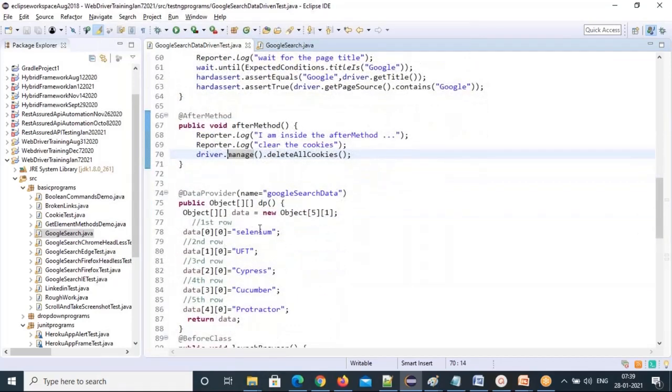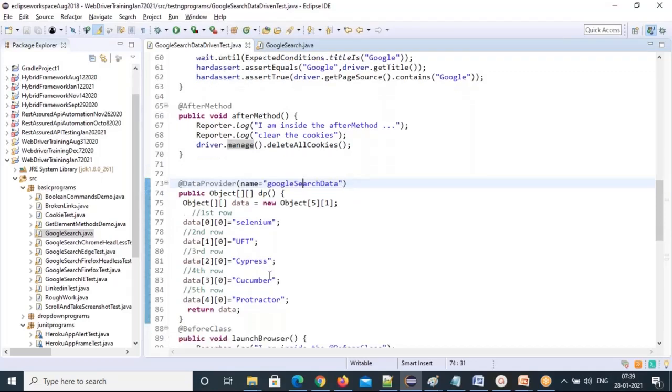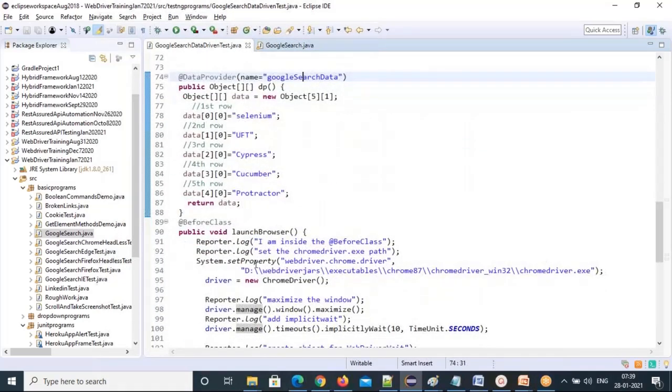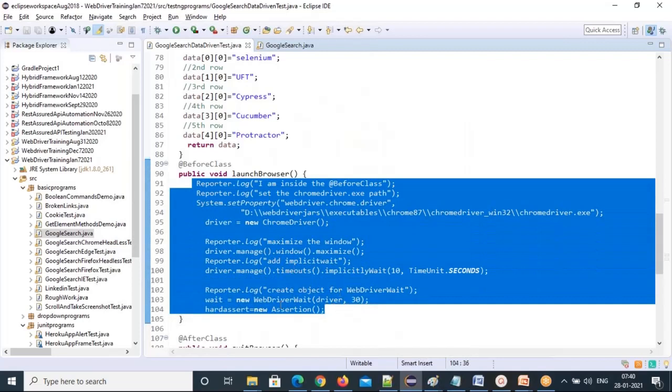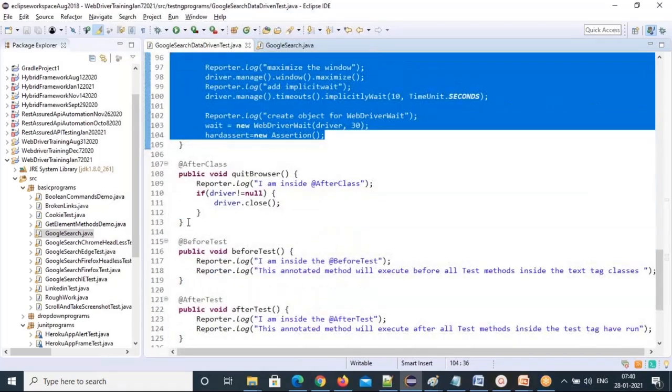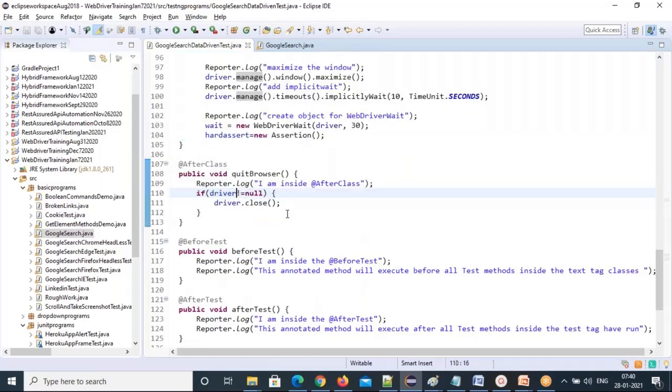Then data we stored in the data provider, and I have given a name for this data provider, Google search data. And then before class, just launched the browser and created some initializations, WebDriver wait initialization and assertion class initialization. Then after class, I'm closing my browser. I don't want the browser to be open. If the driver is not null, you just close the browser.